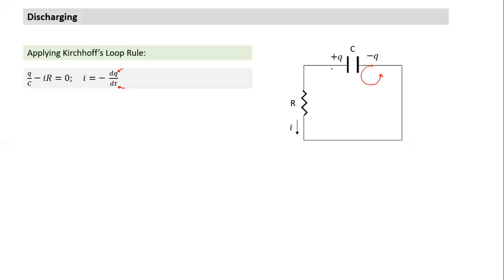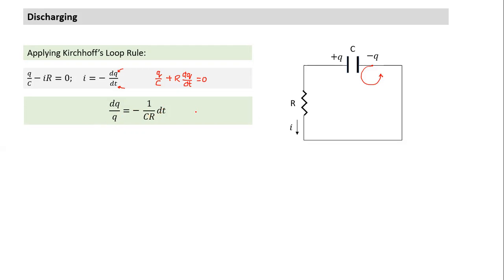The other way we can understand it is that since Q is decreasing and the current value is positive, I is minus dq by dt. We substitute this in the previous equation, which becomes q by c, plus, in place of I we substitute minus dq by dt, so it becomes plus r dq by dt is equal to 0. The way we solve this is very easy to integrate. If I rearrange the terms and bring the q terms together, dq by q becomes equal to minus 1 by cr dt, and that we integrate. What will be the limits of integration?